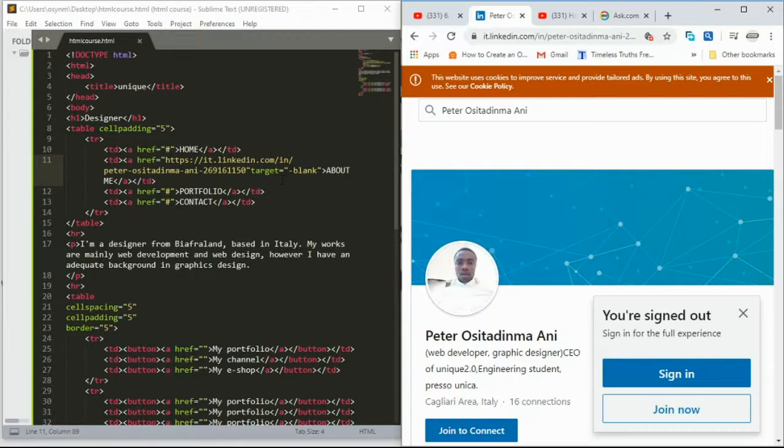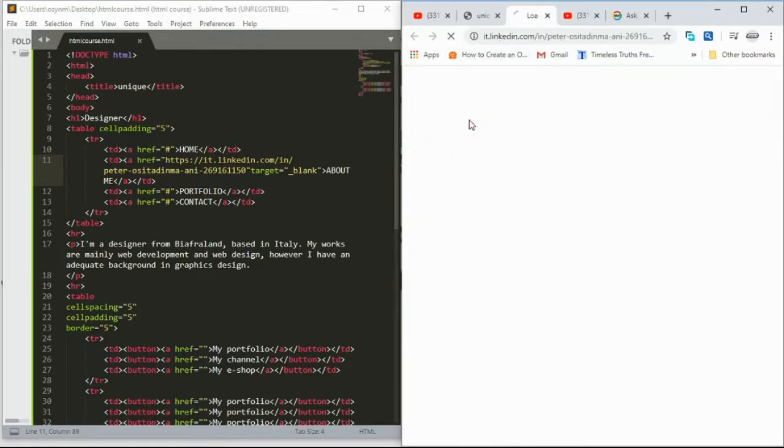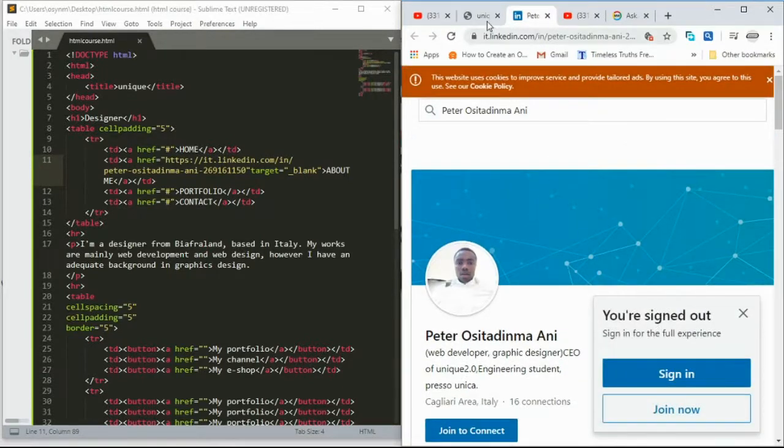Supposed to open a new tab. Okay, cool. That's it. We made a mistake. It's supposed to be underscore, not okay. Right here now, if we want to